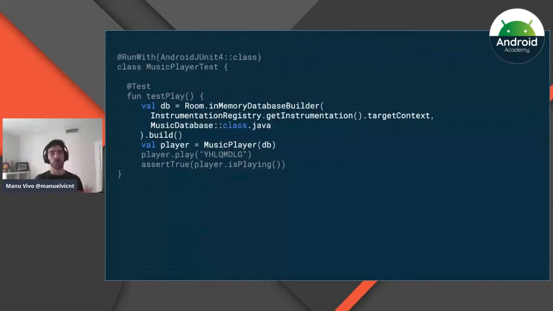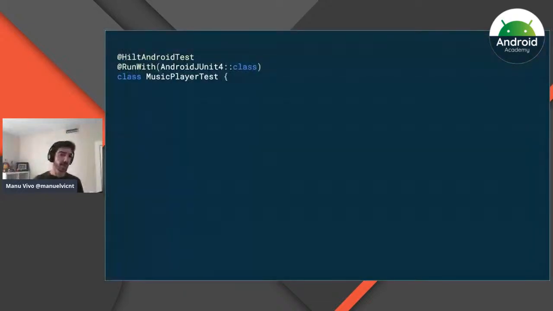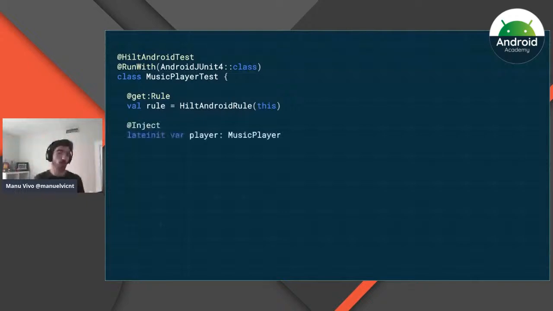And so with Hilt, this gets simplified as well, because you can use Hilt to grab the dependencies for you to build the music player. And for that, to have Hilt in your test, you annotate it with @HiltAndroidTest. You use a rule to get some injections, and then you inject what you want to inject. In this case, the music player, because it's what we want to test.